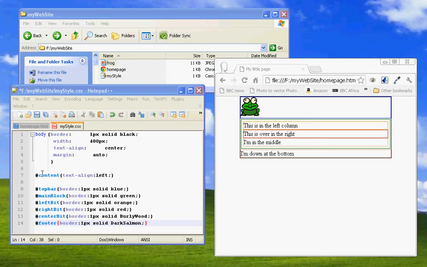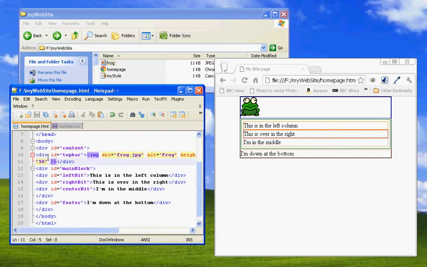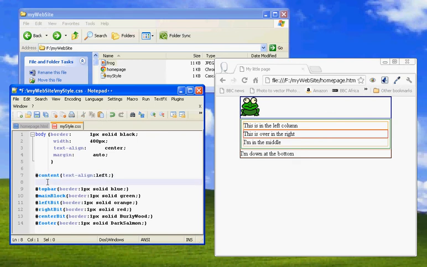Okay, we added the content ID comment there. If you go back to the home page, there's a bunch of other things now that we need to put a reference to in the CSS. You need to put in a top bar, main block, left bit, right bit, center bit, and footer. And that'll take you a few minutes to actually get all those in. I've already typed them in here, so I've got top bar, main block, left bit, right bit, center bit, and